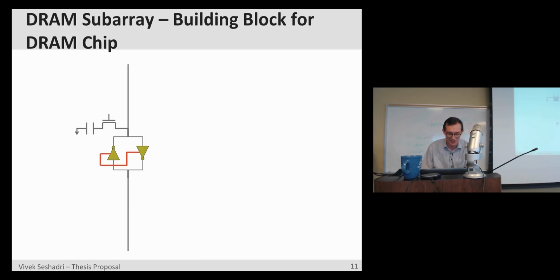You can actually look at the lecture itself. But the cell operates this way. So a subarray is a building block for the DRAM bank. A DRAM bank I showed you over here consists of rows and columns. But even that's an abstraction, because if you want to have a large bank,